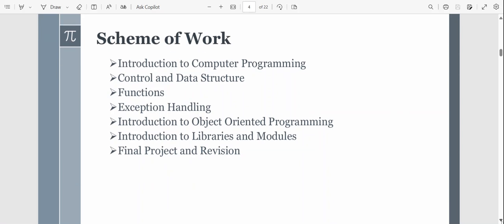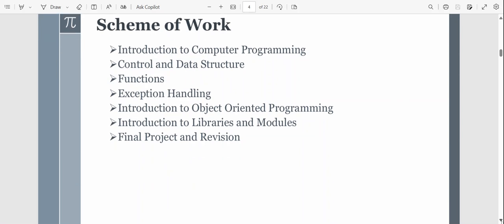So now this is the scheme of work for this semester. The first is introduction to computer programming. Then after that, we will look at the control and data structure using Python. So we'll look at Python functions, how to define functions with arguments and functions without arguments. So we're going to understand exception handling because as a software developer or software